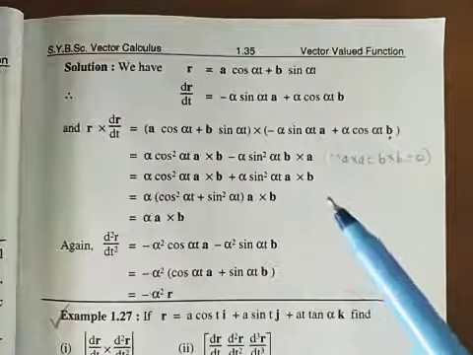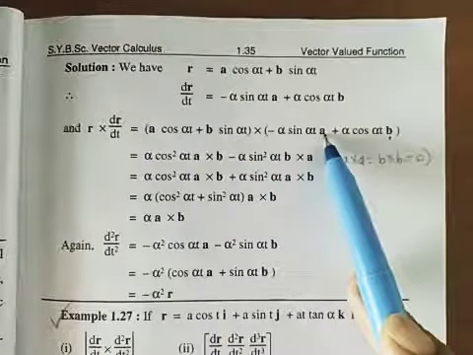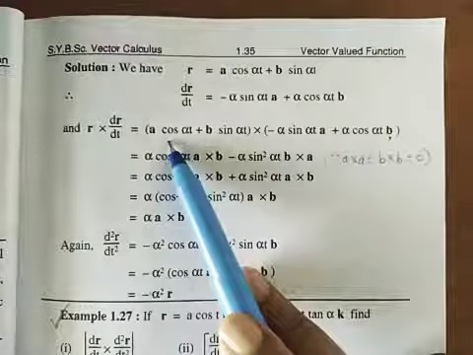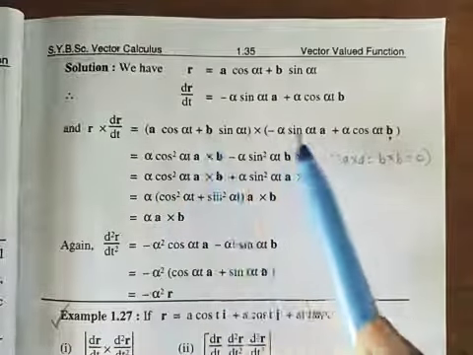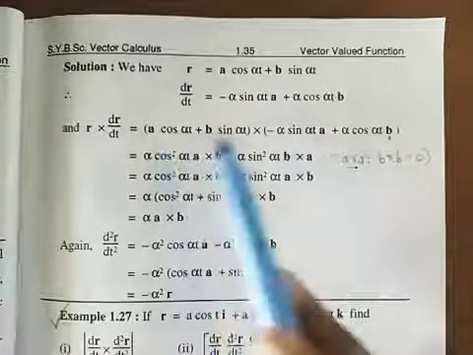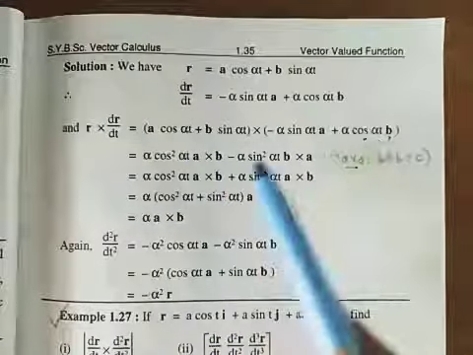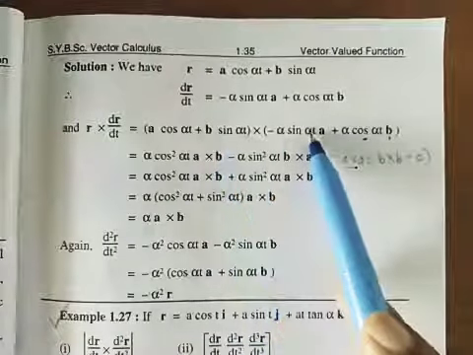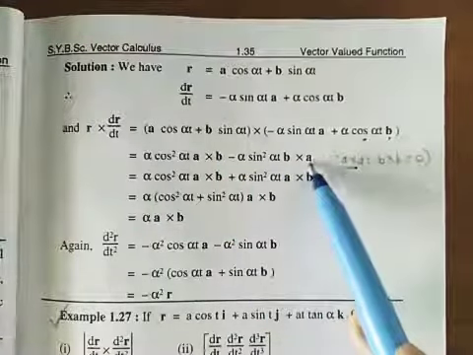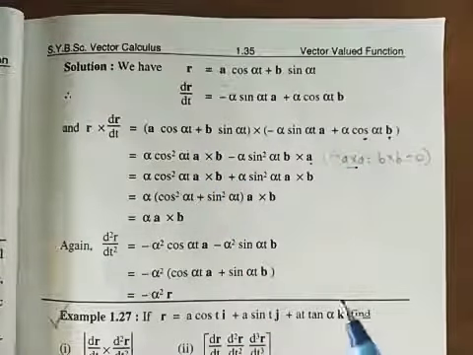Next we will multiply each term by cross product. A cos alpha t with minus alpha sin alpha t A gives minus alpha cos alpha t sin alpha t, A cross A, but we know A cross A is 0. Next we multiply the two second terms, so that is alpha cos square alpha t, A cross B. Next this term with this term, so that is minus alpha sin square alpha t, B cross A. In the last term there will be B cross B, which is also 0.